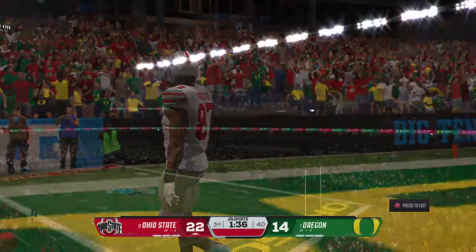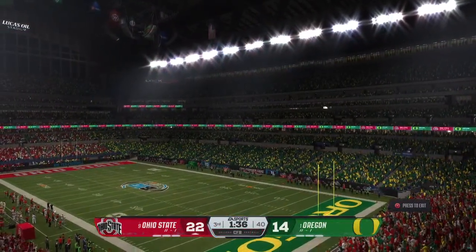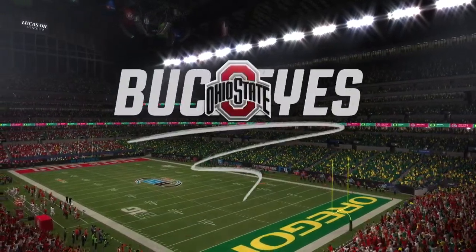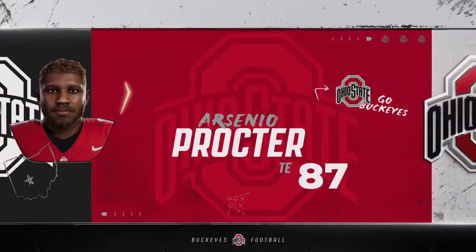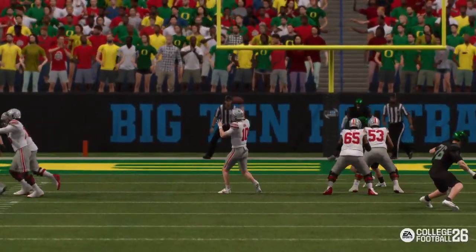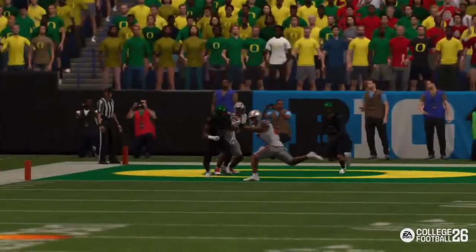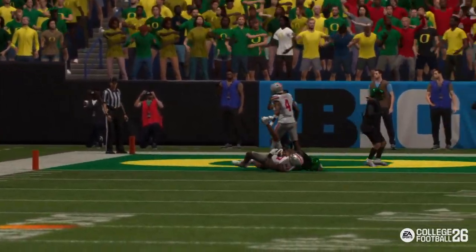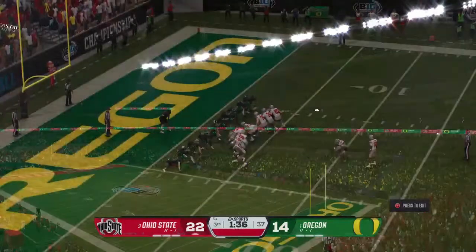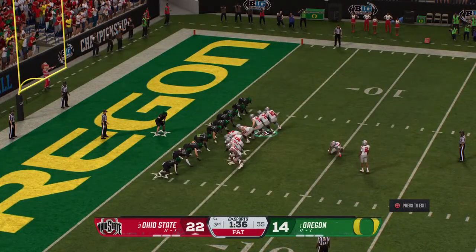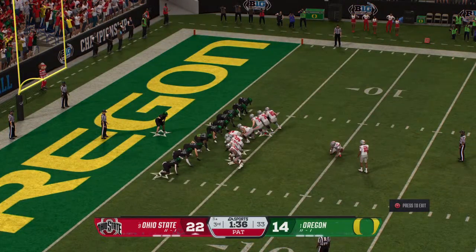Methodical but effective for probably one of the most impressive drives we've seen in the conference championship game. Hey, I have to agree with you. Long drives like that are like a great painting, slowly layering all the intricate facets until you have a masterpiece completed. That drive was put together in the same fashion, just masterful execution on that drive.